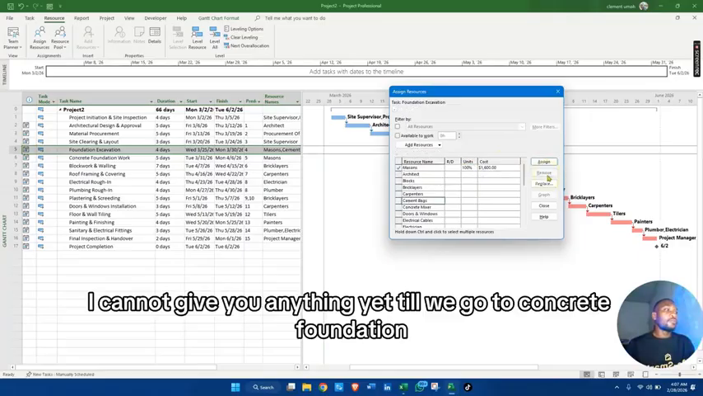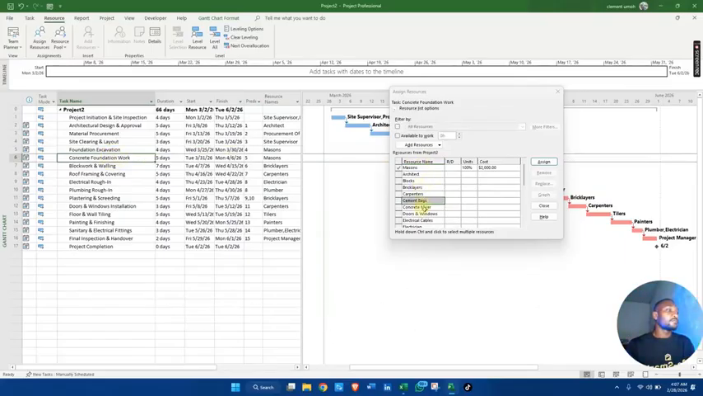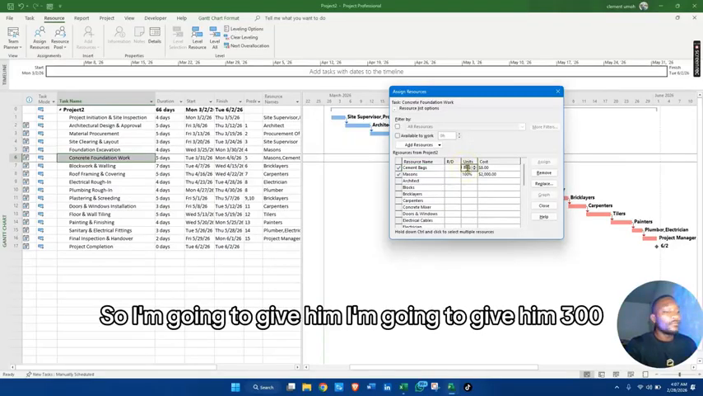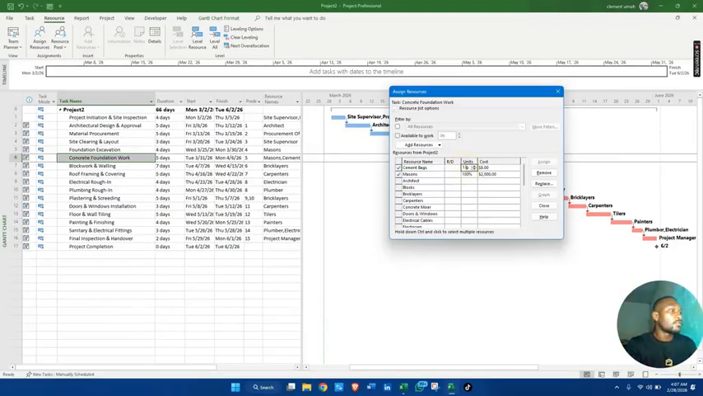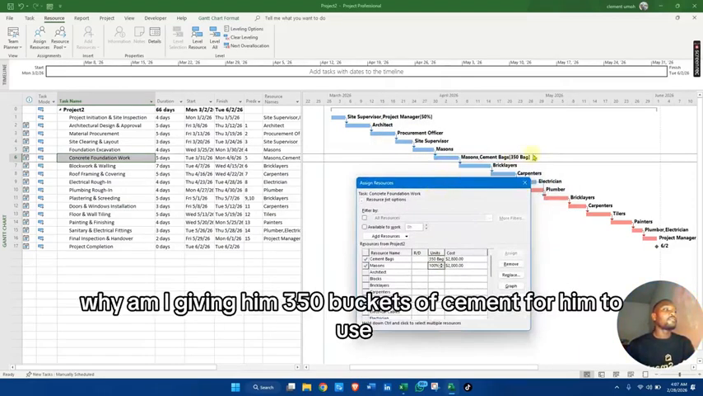Okay, no, we'll not give him anything here. So we'll go to concrete and foundation, then we'll assign our bag of cement. Now over here is saying 1 bag, so I'm going to give him 300. Let's say 350 bags of cement for him to use. All right. Why am I giving him 350 bags of cement for him to use? Because